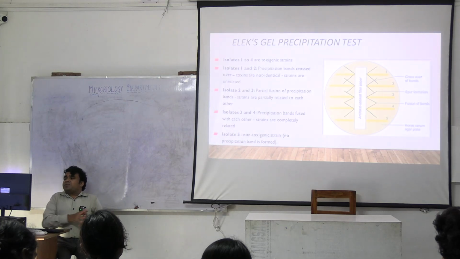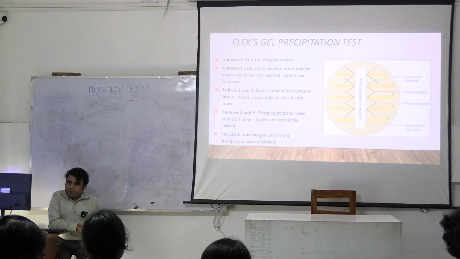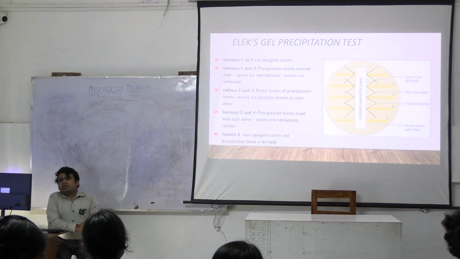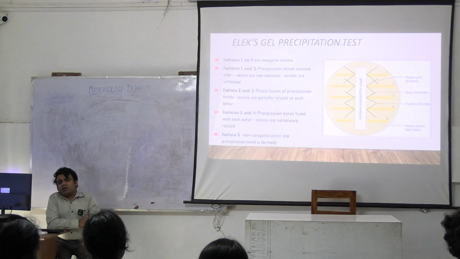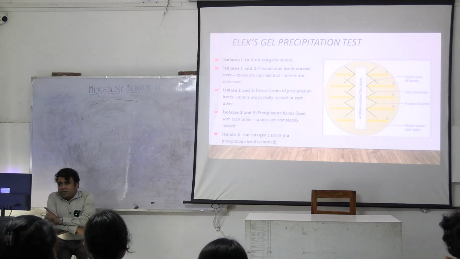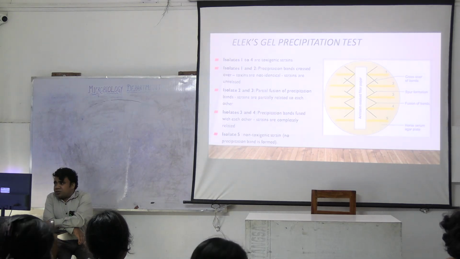Another very important aspect is that we have to detect whether the organism is actually producing toxin or not. I have already told you that the gene for this toxin production is carried by a phage virus. That is, transduction is the method of transmission of the gene. This can be detected with many methods including PCR, but the conventional method is called the Elek gel precipitation method,